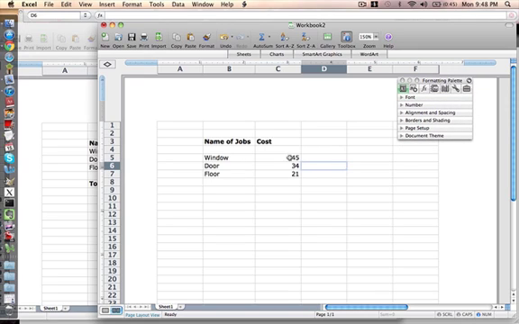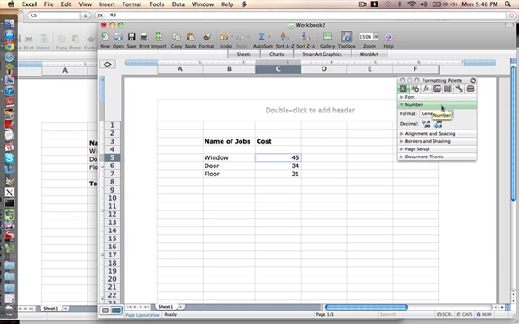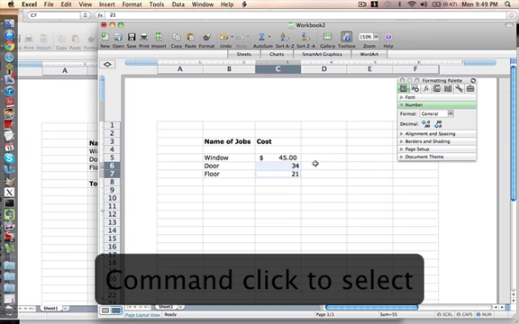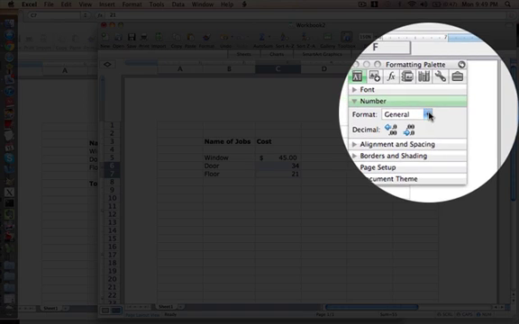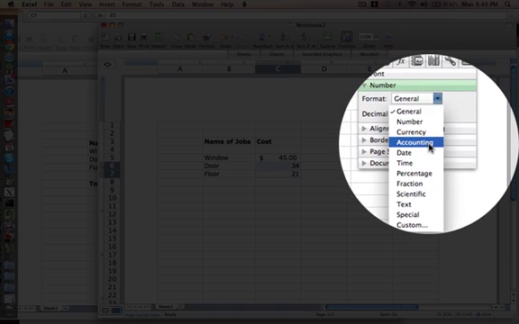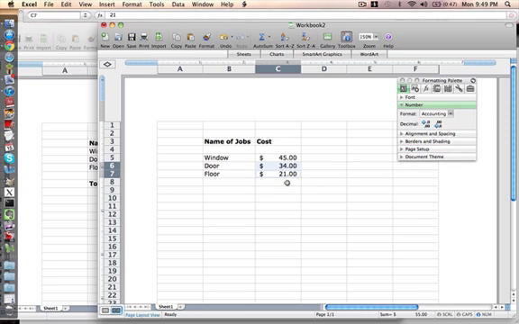So to change the type of cell, you can click the cell, click Number, and then click the Format to Accounting, and it'll automatically put a dollar sign in your cell. So I'm going to do the same for these last two. I'm going to click one and Command click the other so that both are selected, and then I click Format Accounting, and it adds the dollar signs for me. So I have one more to go, total, and I want to bold it, so I select the cell and